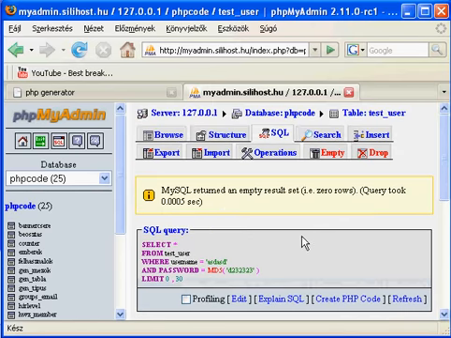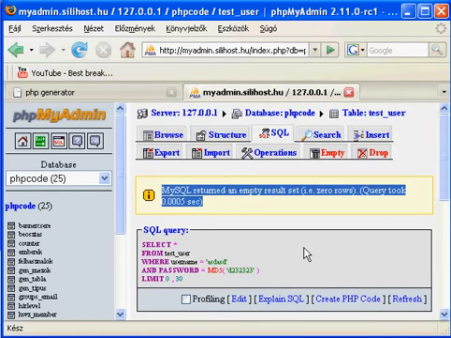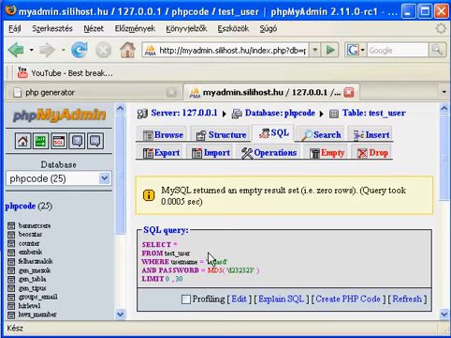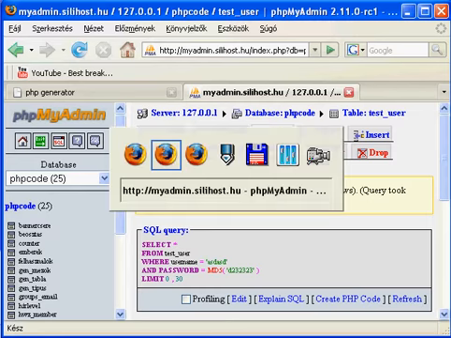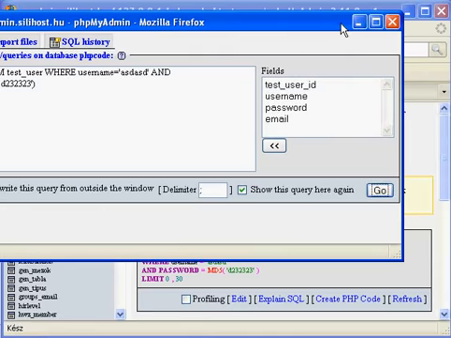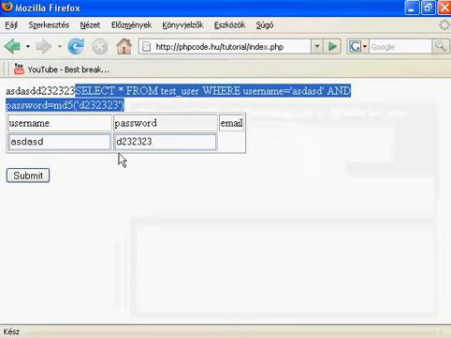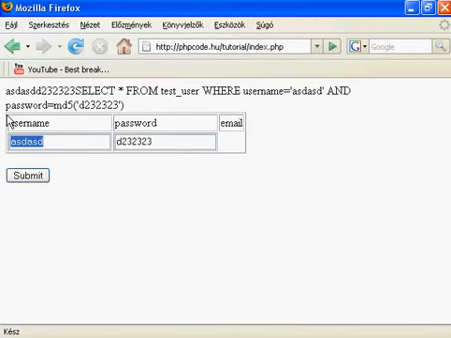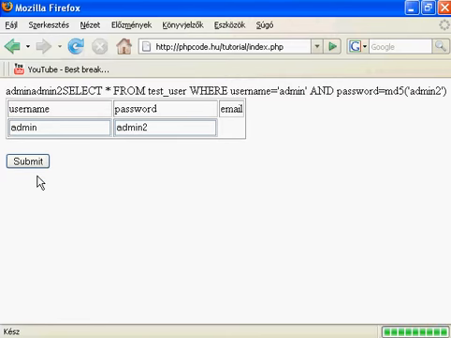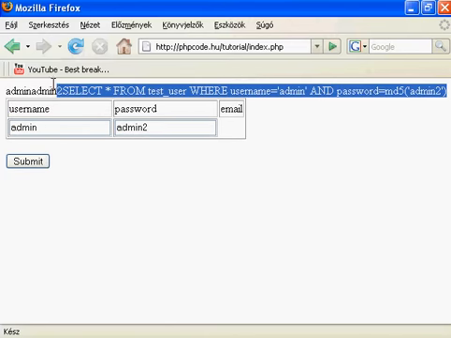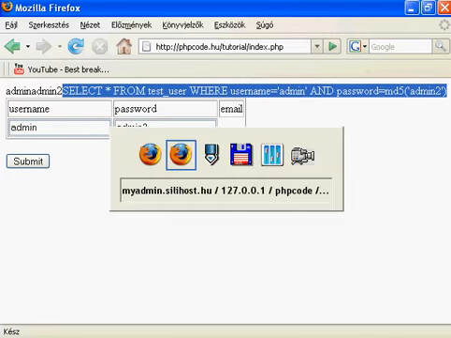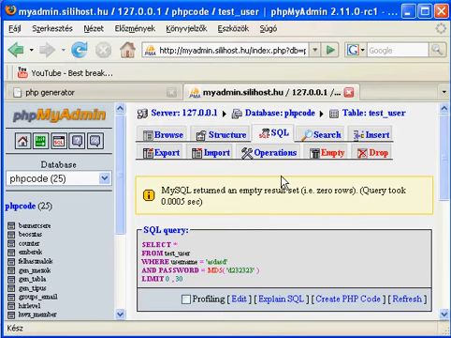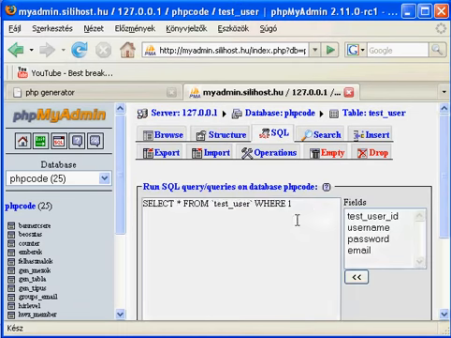And it is okay, but there is no match in username and password table. Let's print the correct data. For example, admin and admin2, and check with phpMyAdmin. It's necessary to know there is a result,